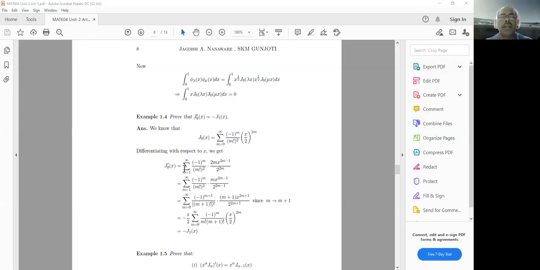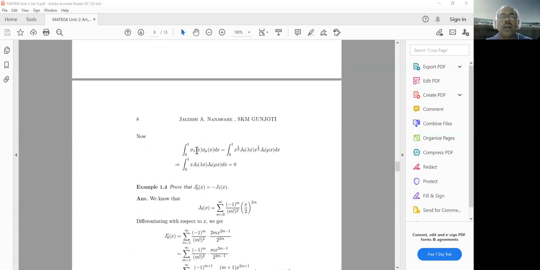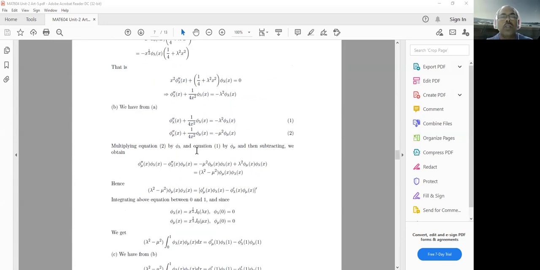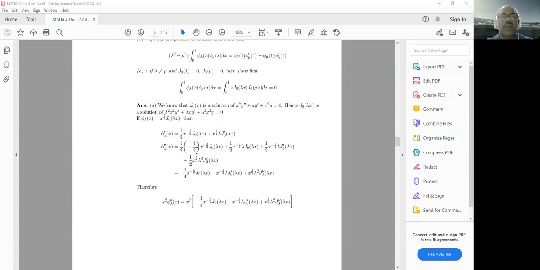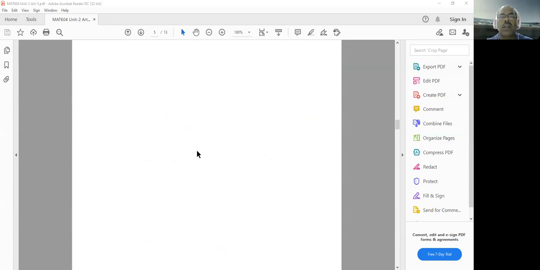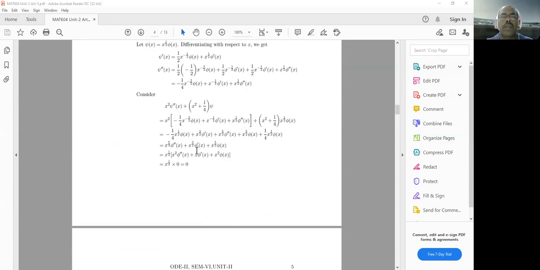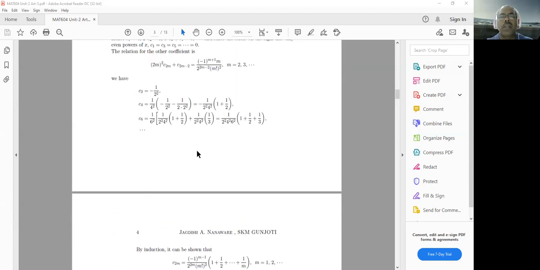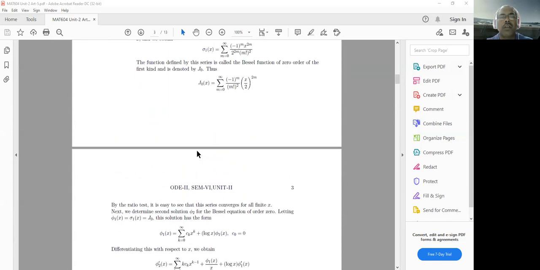So just to remind, what is the J0? We just go back to the solution of Bessel's equation. And what is Bessel's equation? Bessel's equation is nothing but